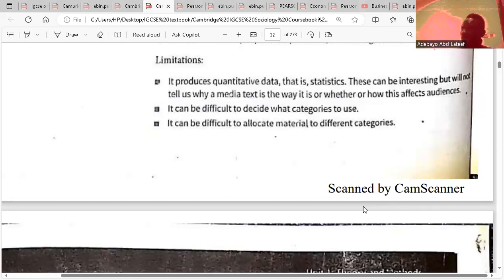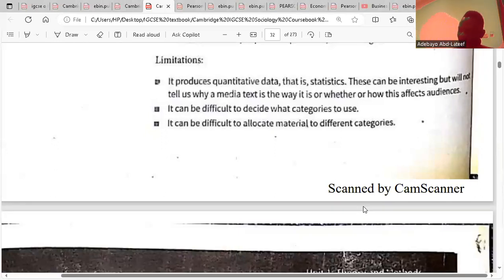It produces quantitative data, which is fine. But the problem is that it does not explain why these things are done and how it affects the audience. So they continue to talk about female education, but they wouldn't tell us what feedback they are able to get from the audience. It's a TV, it's mass media. So they only talk about it without getting feedback. Do you understand? So we don't know the response of people regarding the topic they have been discussing frequently. It's only one-way communication. So you don't know the consequence of it.